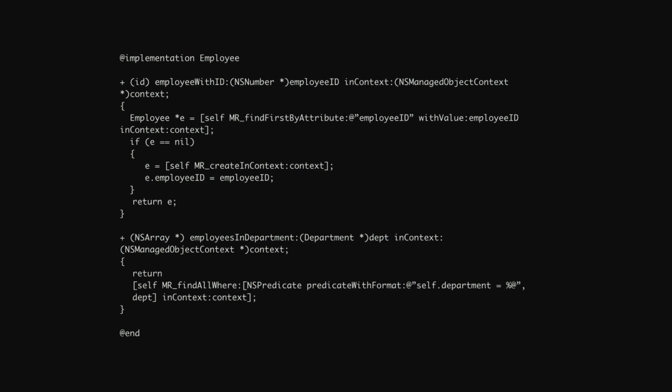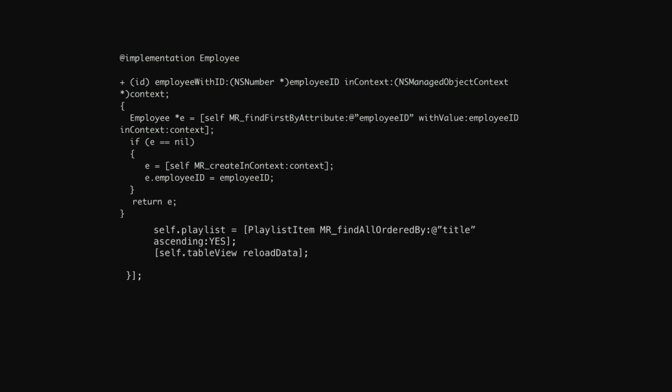find methods or helper methods that are basically related to the data model. In particular, what you can do is not expose these find methods to your APIs within your app. So in this case, if we have an employee, you just say, I want to find all the employees in a particular department. And rather than saying, well, do a fetch inside of your view controllers or such, you just have that line drawn, like you have that model object of an employee, and you have all of the Core Data stuff behind that object. So if you really do think that you need to replace Core Data for some reason, you have these lines drawn, and it makes it really easy to do that here.